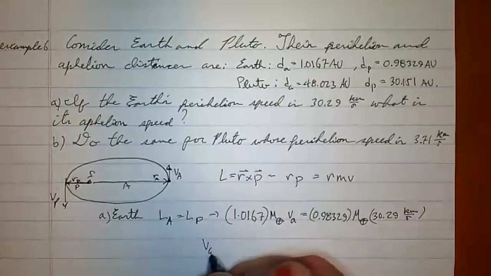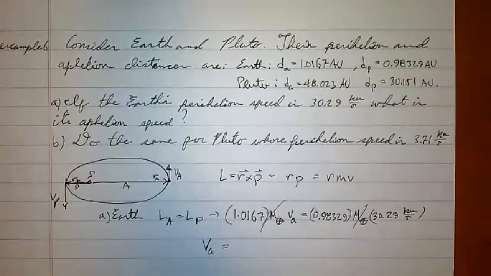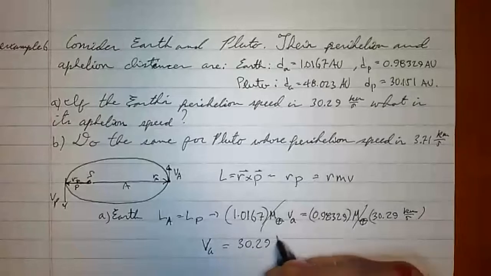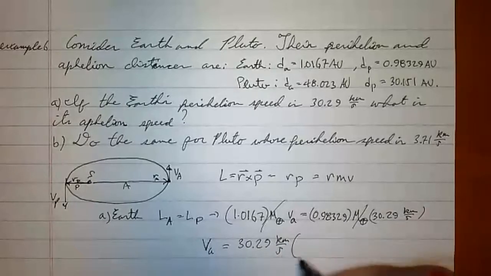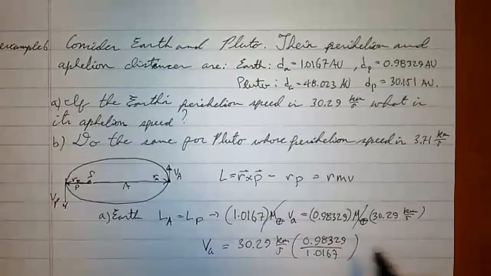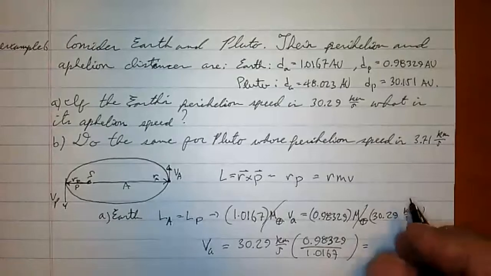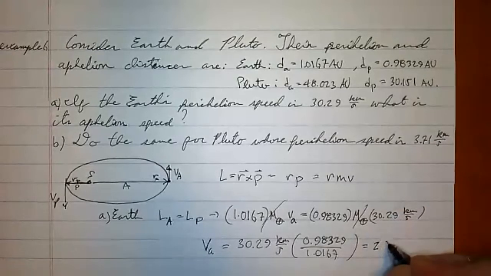So you can see that velocity at aphelion, notice these M's cancel out, is just going to turn out to be 30.29 kilometers per second times 0.98329 over 1.0167. So 30 times 0.98329 divided by 1.0167. And that gives me 29.49, or excuse me, 29.29